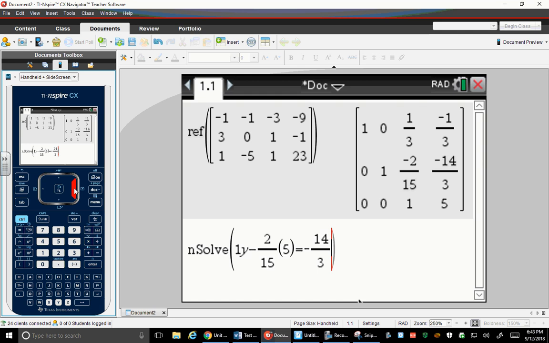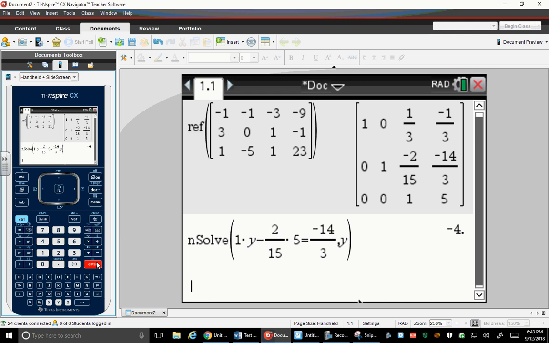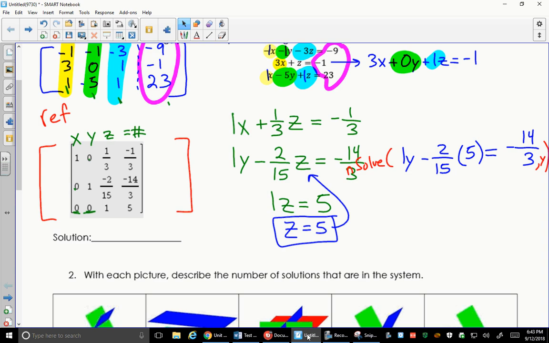Arrow to the right. When it's big like that, now I can go comma and that letter that I want to solve it for, and boom. All right, so now what we know is y is negative 4. So we can come back over here, and what we'll record is now we know that